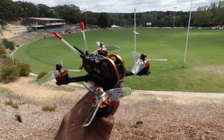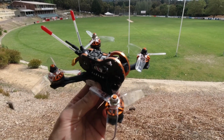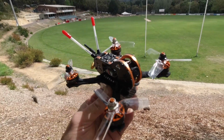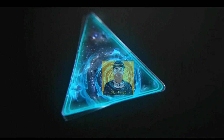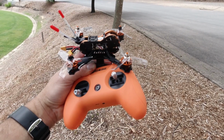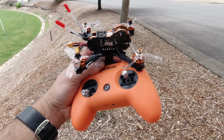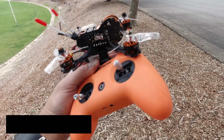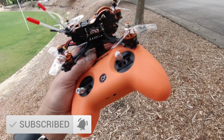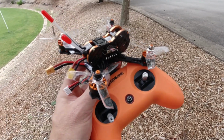What is that racer there? Yes, this is the Eachine Tyro 79S, Eachine's latest racer kit. You've probably seen this packaged, advertised. Everything you need to get into the FPV sport is in this package. I'm just running a bog stock standard unit here,